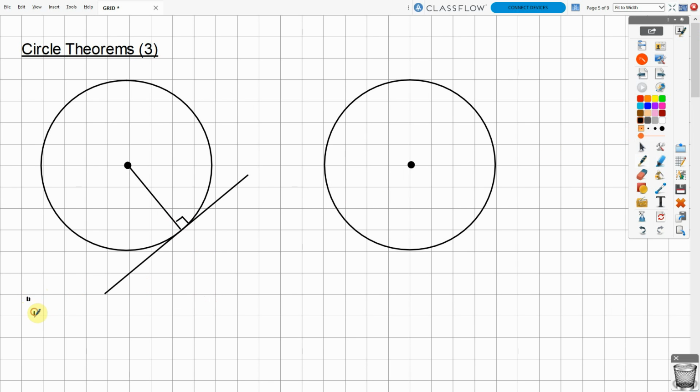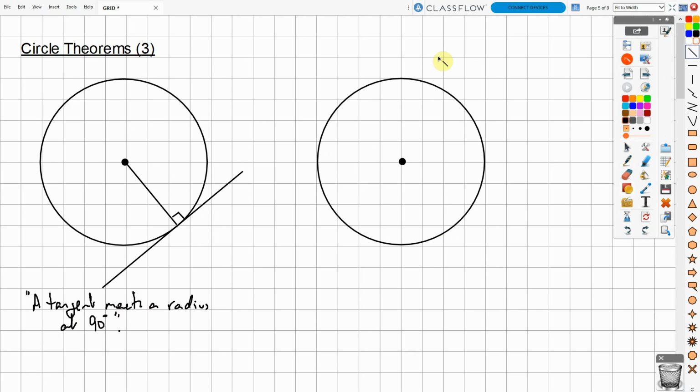So we have a tangent meets a radius at 90 degrees. Nice and straightforward. If instead you have two tangents, so let's have one perhaps there and another one there,